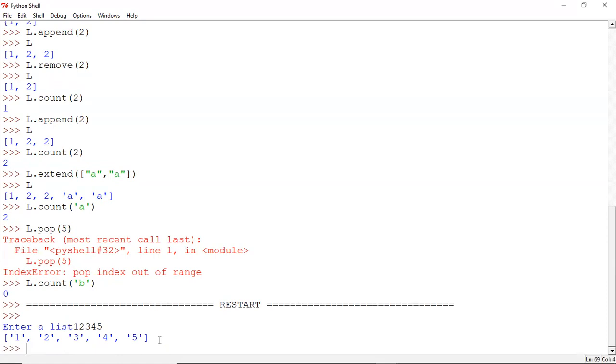Okay, enter. So 1 2 3 4 5 becomes individual characters. What if I want 12, 34 and 5? There's no way I can do it if I'm using this list, because it will take each element or each entry as an individual element. So the other way to do it